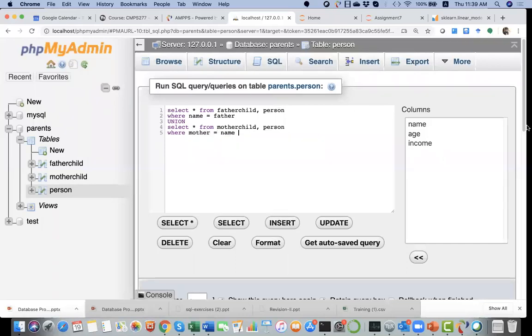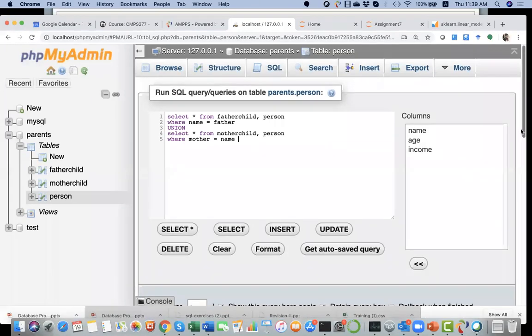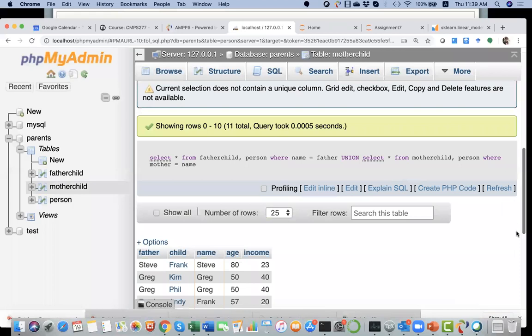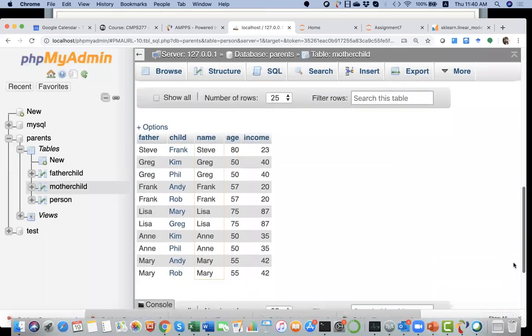So now I'm joining and I'm doing union. And if I run the query, I get, again, the same result, but there are repetitions here. So Steve, Greg and Frank, because it's union,